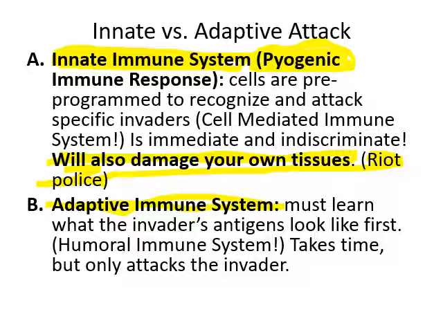So the adaptive immune response is good because, where you produce antibodies to attack a foreign invader, the production of those antibodies will almost never damage your tissue. So the humoral immune response, the adaptive immune response, is a more specific attack on the foreign invader, where the body destroys the foreign invader, but it doesn't destroy any of your tissues. That's the good part. The bad part is that it takes about 2 weeks for your body to mount an adaptive immune response. And that, for instance, is why it takes you 2 weeks to get over a head cold,